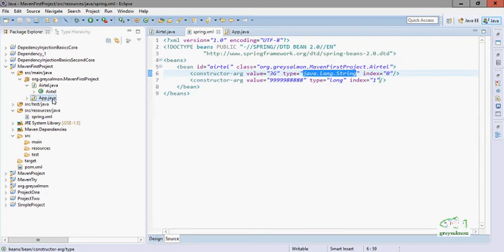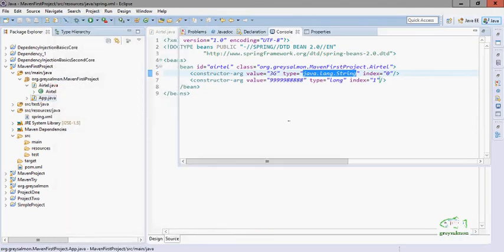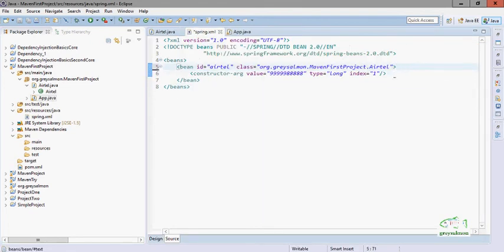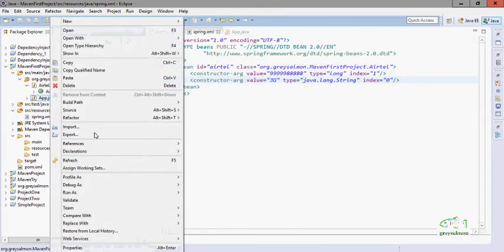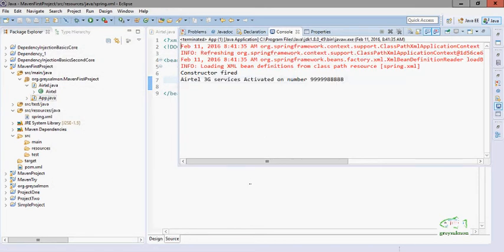Now when we run this application, we will see no alteration in the output. Okay, now if we remove this line from here and provide this line here, and we again run this program, we will see there will be no alteration in the program.